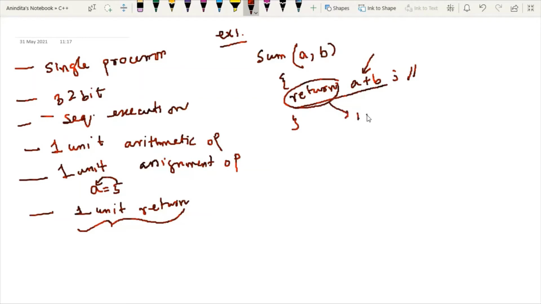So it is 1 plus 1 unit of time is required for any arithmetic operation. So a plus b is our arithmetic operation, and I am assigning 1 unit of time. As a result, after writing this line, 2 units of time are invested here. So this amount is your constant amount.